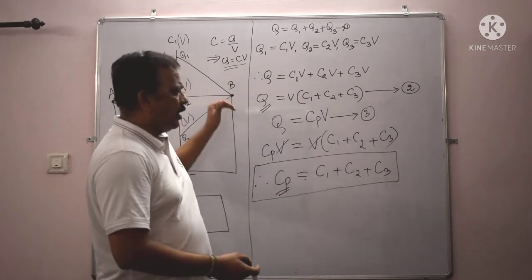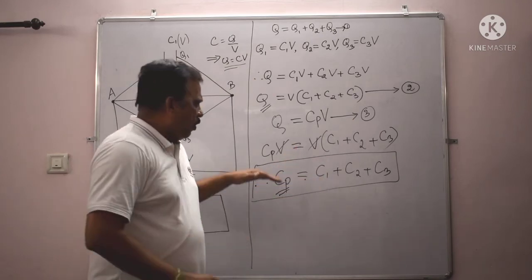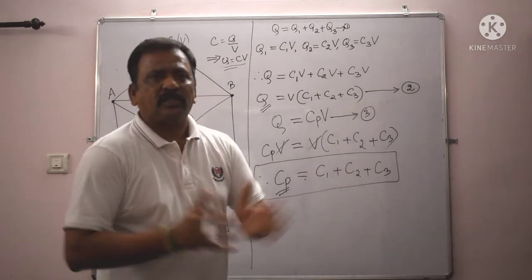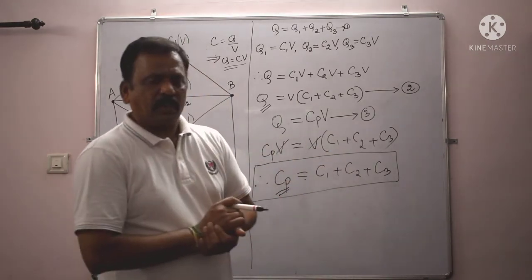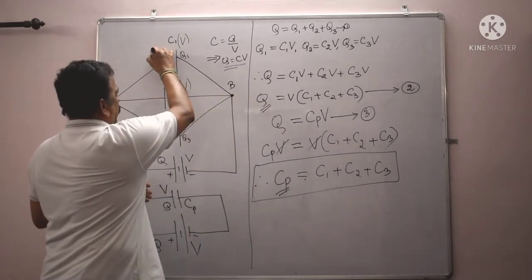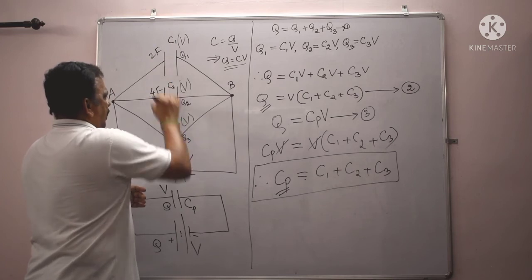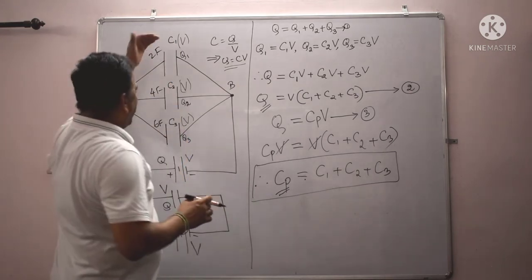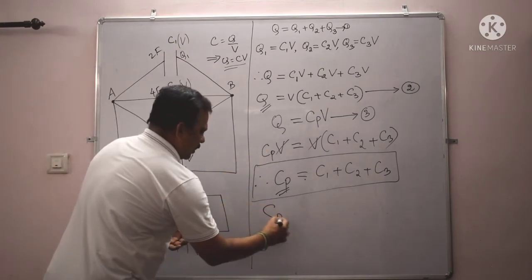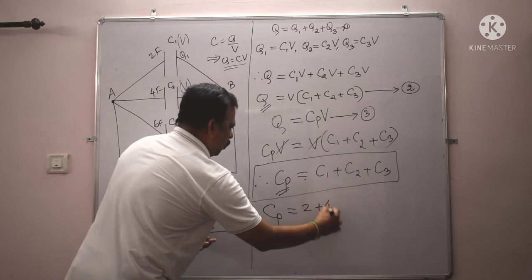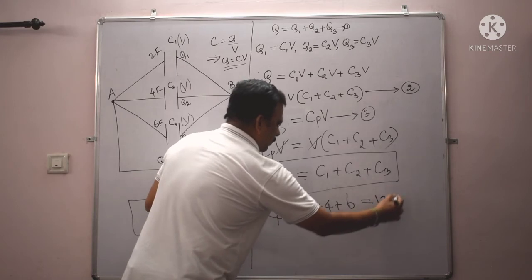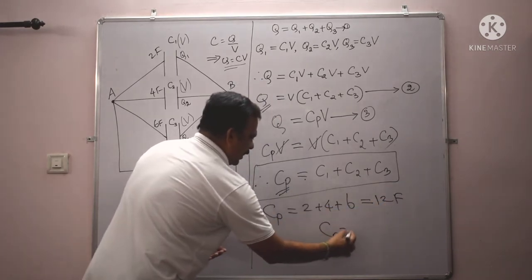So when any number of capacitors are connected in parallel, if I want to find the total capacitance, just literally add all the individual capacitances, you will get the net capacitance in the circuit. For example, if I consider numerical values as I did in the series combination, say C1 is 2 farad and C2 is 4 farad and C3 is say 6 farad. Let us find what is the total capacitance if these three are connected in parallel. Okay, so in parallel connection, CP is equal to 2 plus 4 plus 6. So I'll end up with 2 plus 4, 6, plus 6, 12 farad. So C sub P is equal to 12 farad.